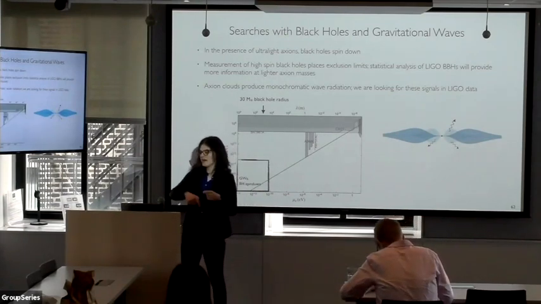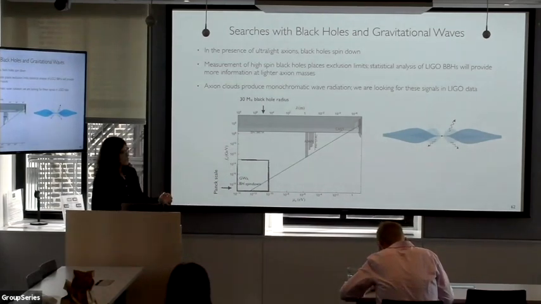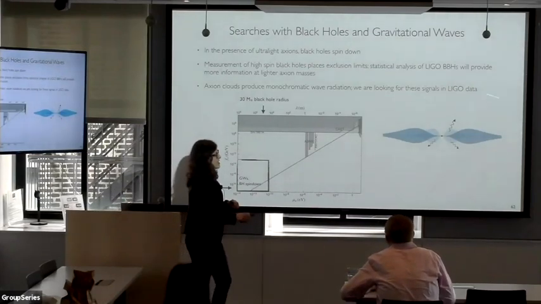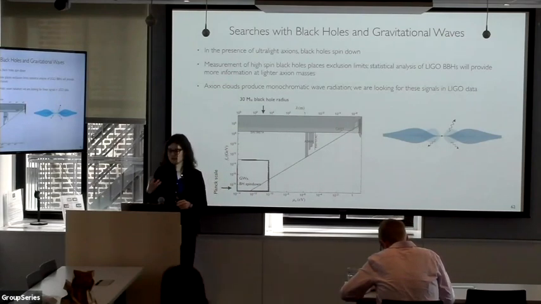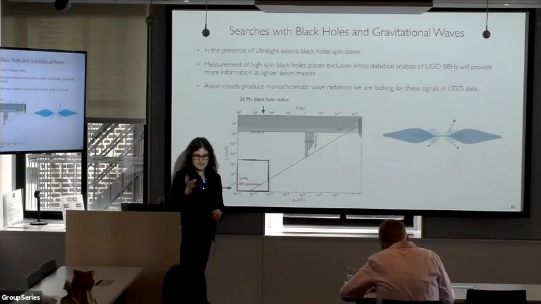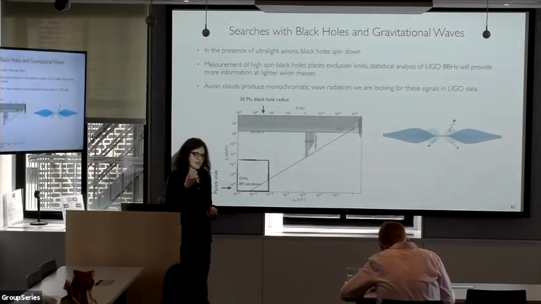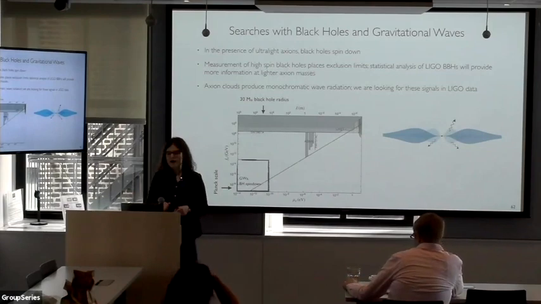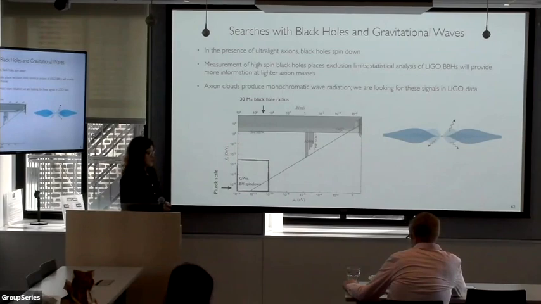They will pile up on these superradiance condition lines, and you can use this to already place constraints on axion parameter space. And the very large energy densities of axions that sit around the black hole source gravitational wave radiation that is already being looked for in the LIGO data. And in my work, we've shown that hundreds or even thousands of these signals may already be observable and can be used to place constraints on these types of light particles.